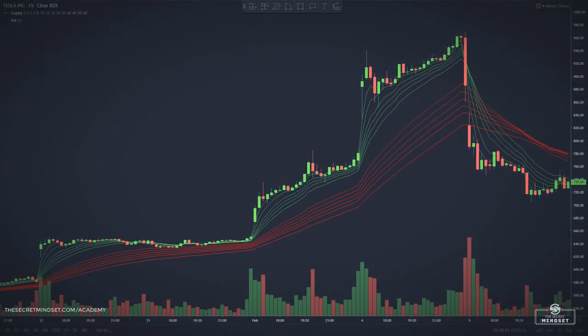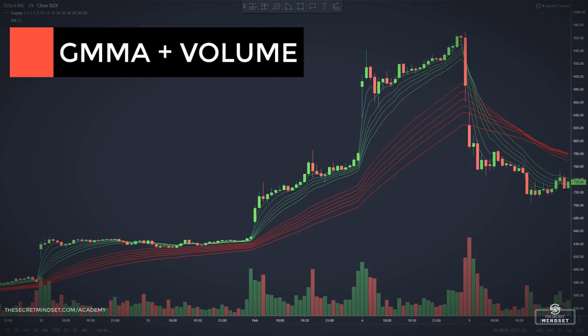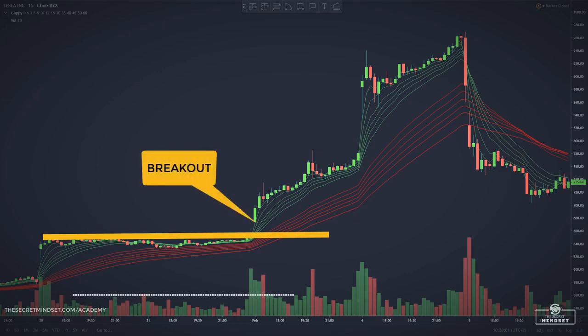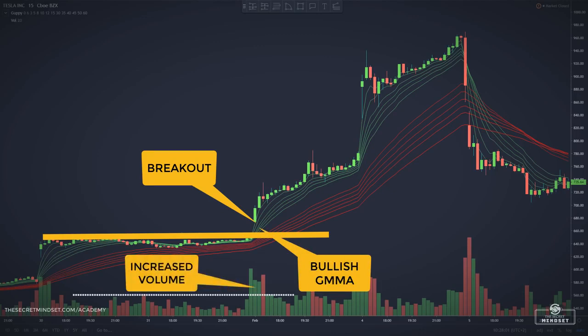From my experience, the GMMA is very useful for breakout trading, when the price is moving outside a defined support or resistance level with increased volume. A breakout trader enters a long position after the price breaks above resistance, or enters a short position after the